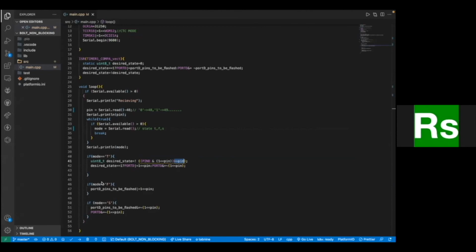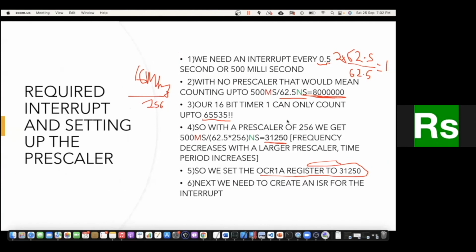So if you want to flash the pin, all you need to do is, in the PORTD pins to be flashed variable, you do a bitwise OR with it, and you set that bit to 1, whichever pin is to be flashed.